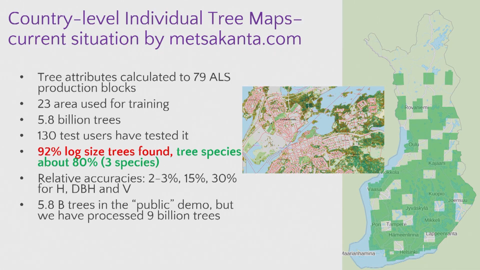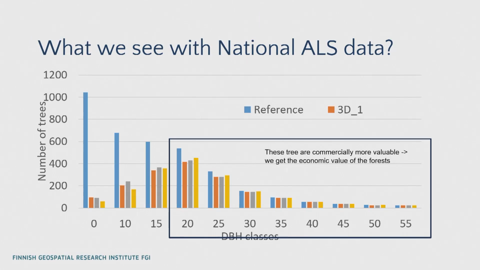And basically what we found is 92% of log-sized trees. If you look at the distribution, here is how we get this 90. Log-sized trees are trees bigger than 20 centimeters in diameter, and that is 92% of what we found. If you go to the level close to 0, something like 5 centimeters, we get really few with this 5-point data.